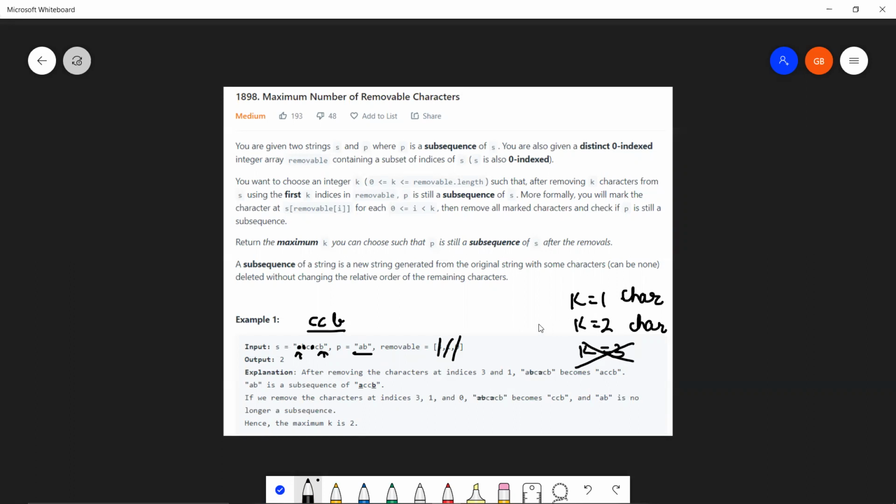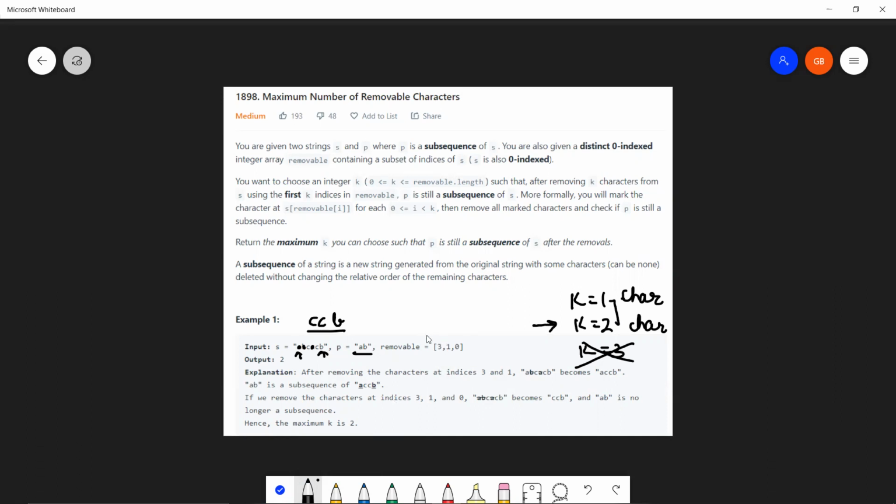My answer would be the maximum k that I can choose such that the subsequence property is still valid. I think I made a mistake in explaining.